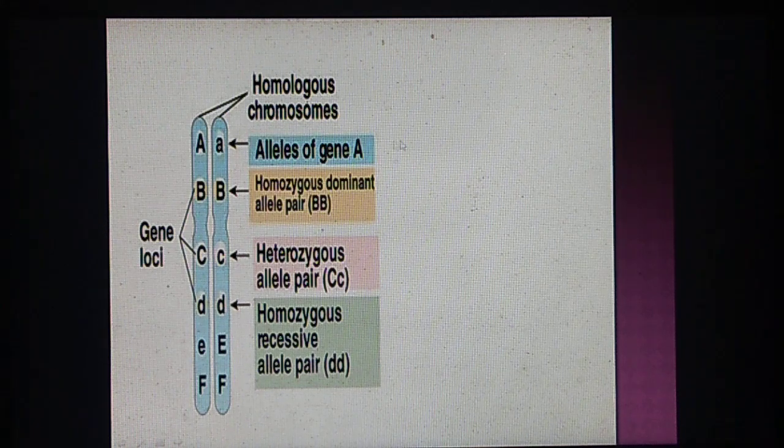So, homologous chromosomes are of the same size and have the same genetic information, and the letters which are shown in this particular diagram stand for a particular allele. So, A is a particular allele, B is a different allele, C is a different allele, and so on. But we should notice that on the homologous chromosome, both the alphabets are present at the same location, corresponding to the other homologous chromosome.